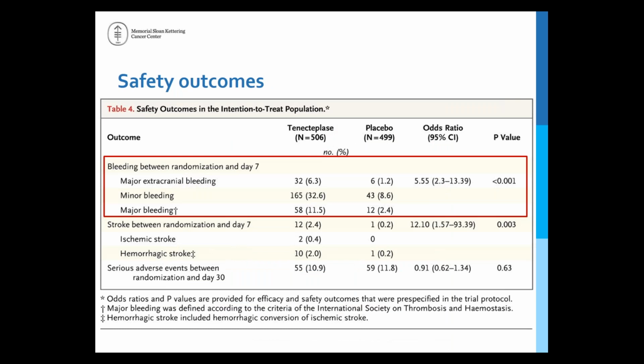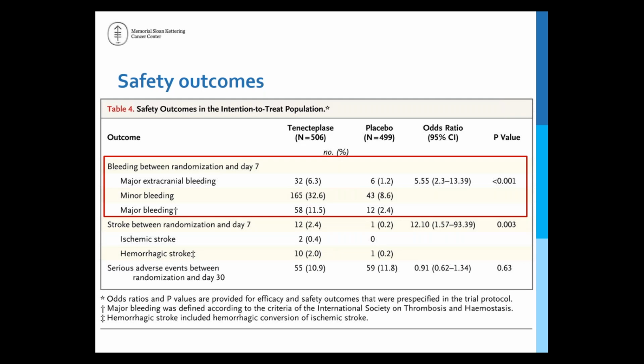Also very important, this study demonstrated safety outcomes, or at least answered the question about safety in this population that has some massive PE, where we're giving IV TPA or IV thrombolysis. The major extracranial bleeding and the intracranial hemorrhage were all significantly increased in patients that had IV thrombolysis versus the patients that had just